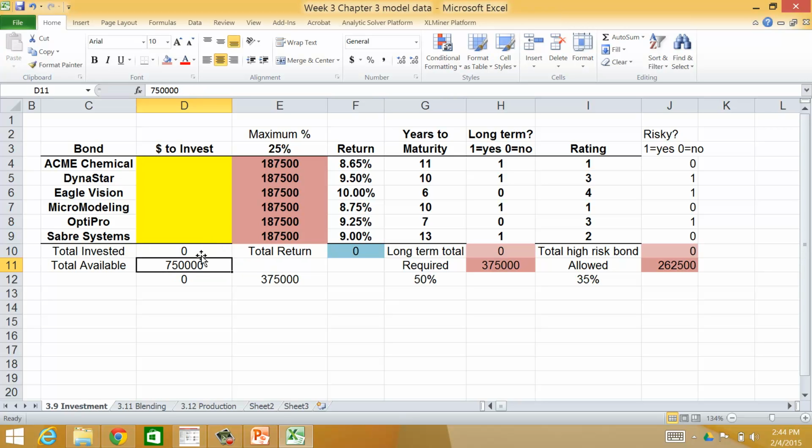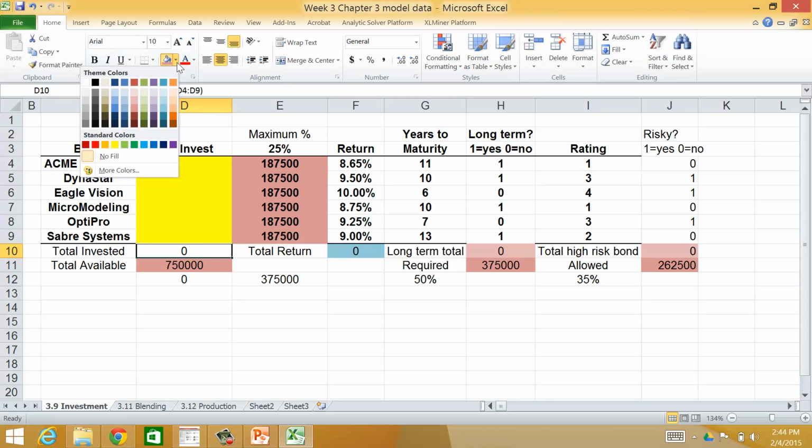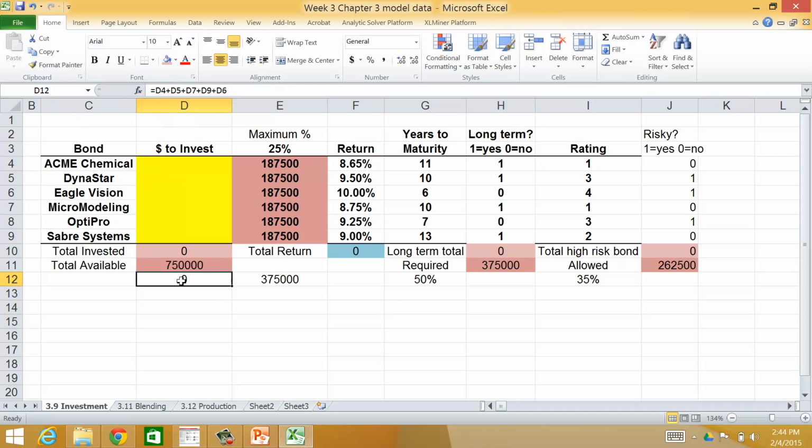Okay, then I'm going to highlight these as my constraints. Okay, so I'm going to delete these two cells that I used just for demonstration purposes. Okay, so now we have our